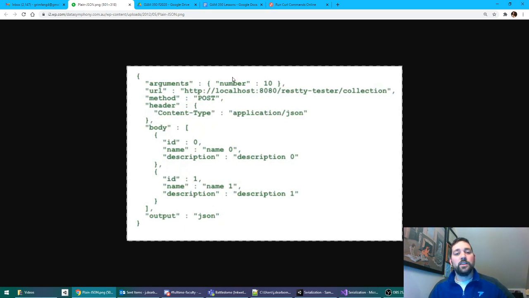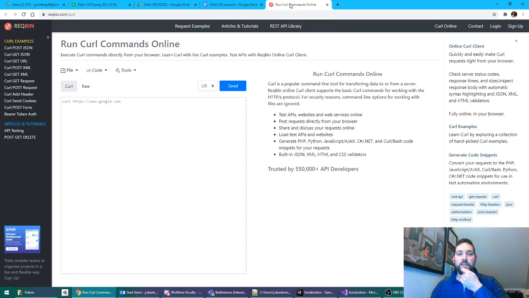Now, the communicating with websites part is kind of fun, so I want to show you some examples. Here's a website that lets you just run this Linux command, Unix command, curl. So you can use curl to kind of download web pages or send requests. So let me try one of those.